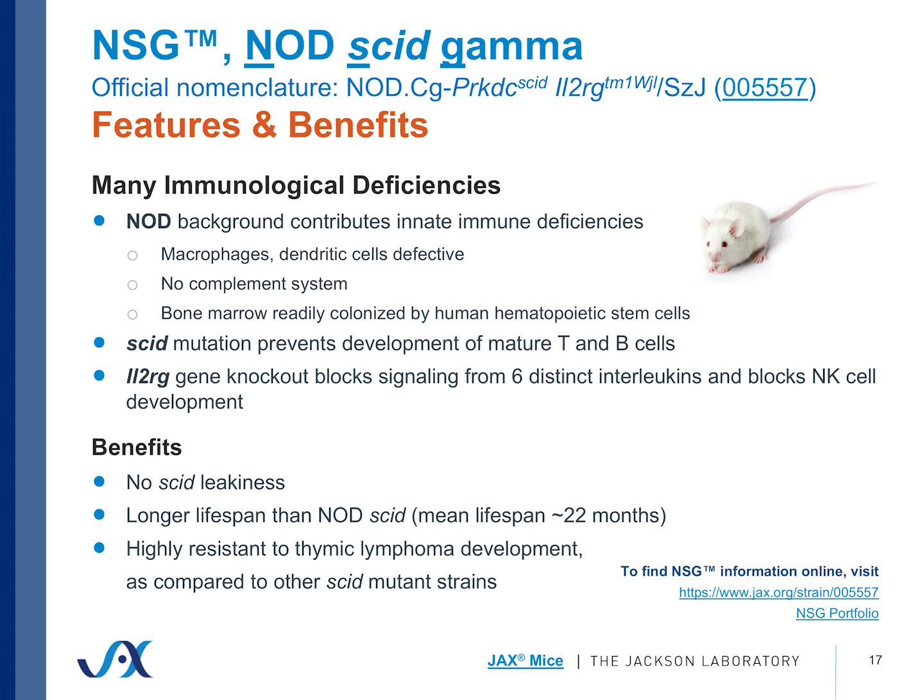So this is all that I just reviewed, but again, I just want to highlight the features and benefits of this NSG. It carries so many chinks in the armor of the immune system, many immunological deficiencies. The Nude background confers lots of innate immune deficiencies. The scid mutation prevents development of mature T and B cells. And then when you add on the IL-2 receptor gamma gene knockout, now you have reduced cytokine signaling and blocking